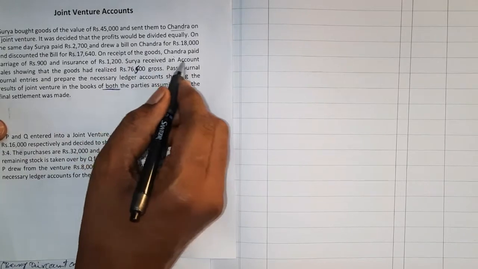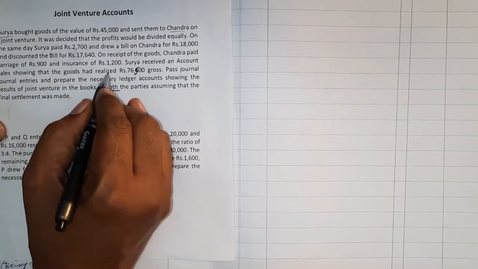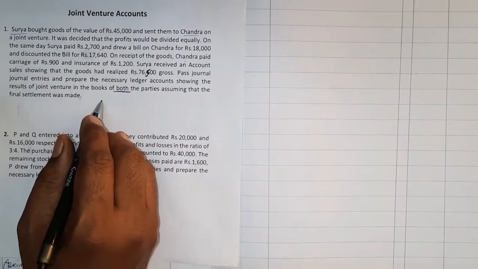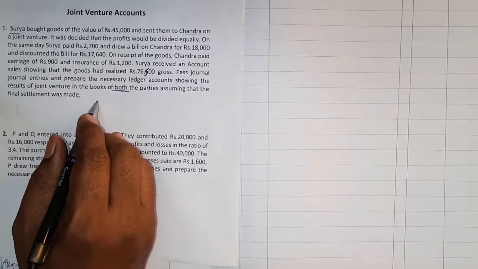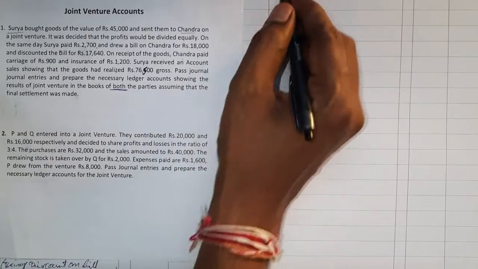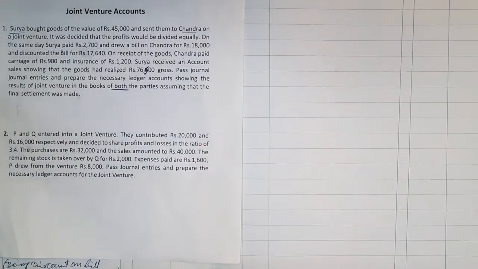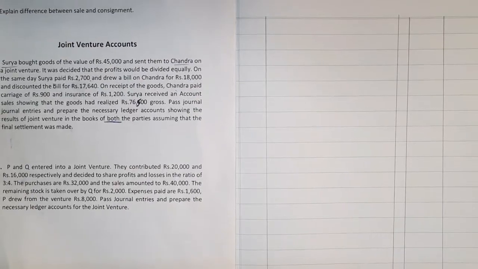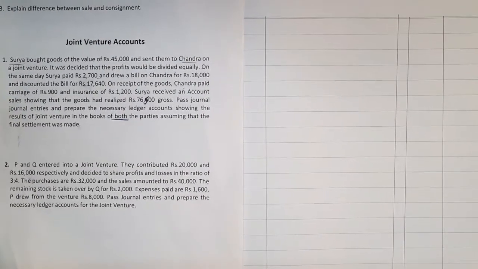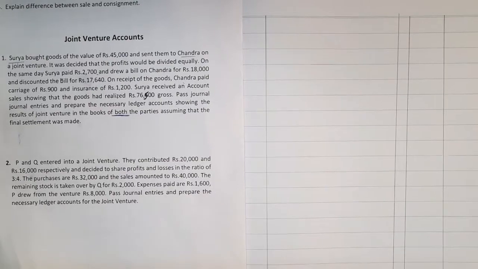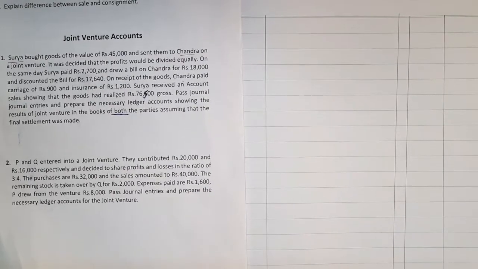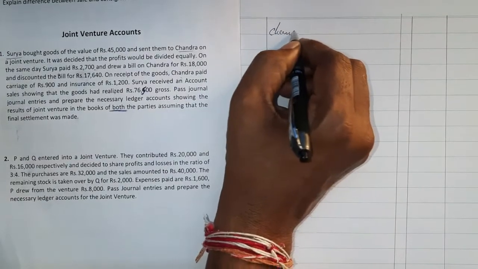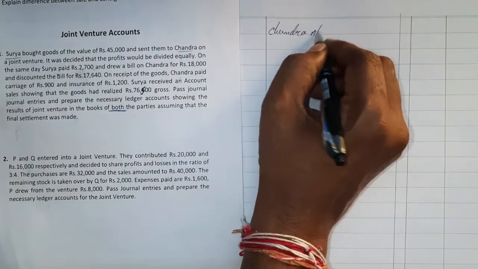Next one, Surya received an account sales showing that the goods had realized for rupees 76,500. In this one, that is the goods sold by Chandra only. If it is goods sold by Chandra, then that is an income to the organization. If it is an income to the organization, it should be credited to joint venture account. So what should be debited? Who has sold? The goods were sold by Chandra. So debit Chandra, that is Chandra's account to debit